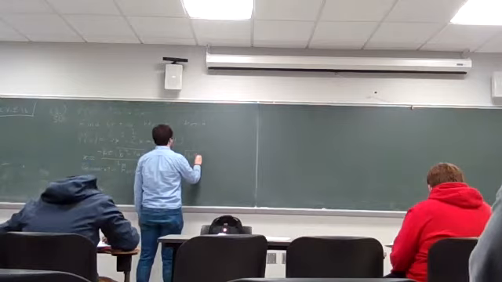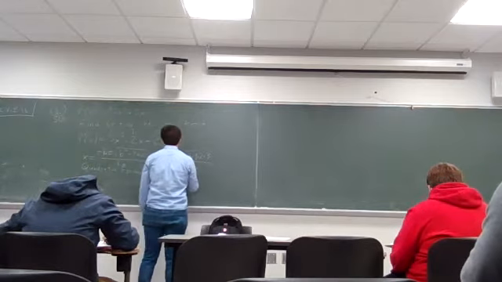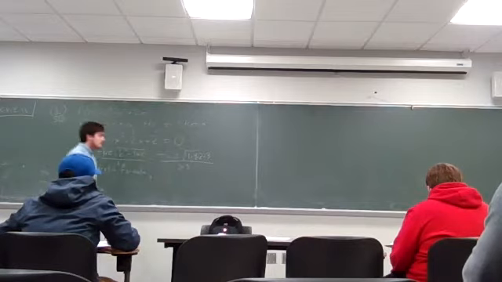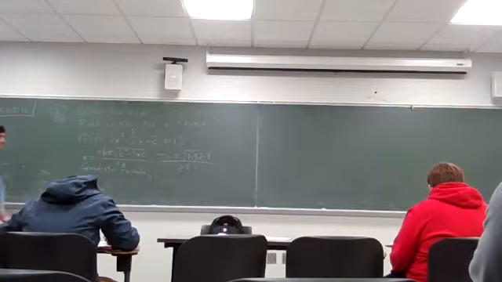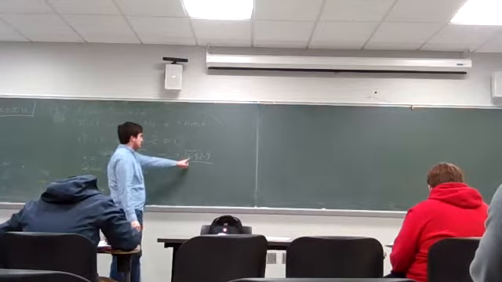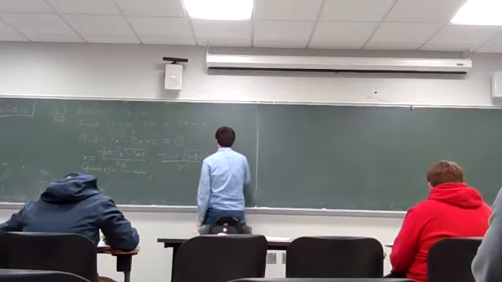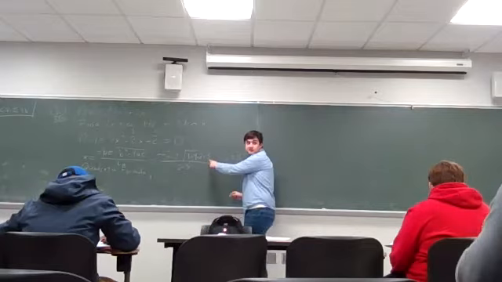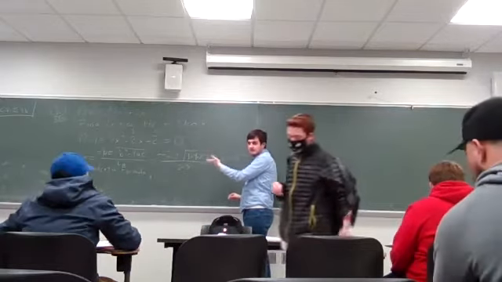Minus 4 times 2 times 3, all over 2 times 3. Good. So watch what's going to happen: we get 2 plus or minus the square root of, 4 times 3 is 12, 12 times 2 is 24, 4 minus 24 is negative 20,